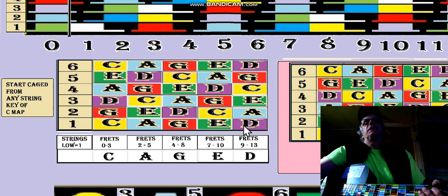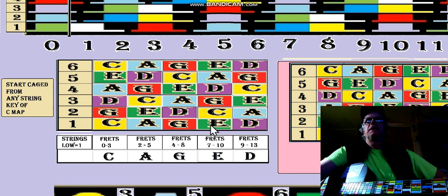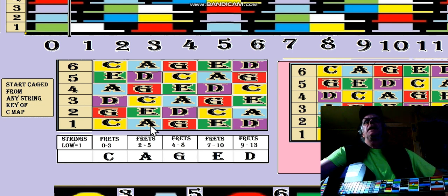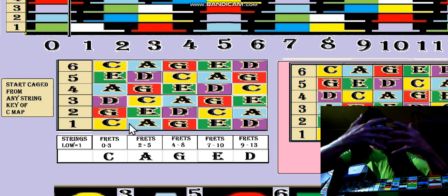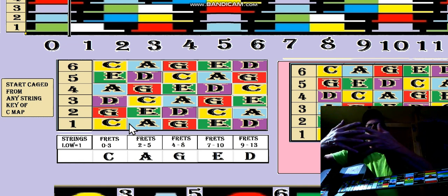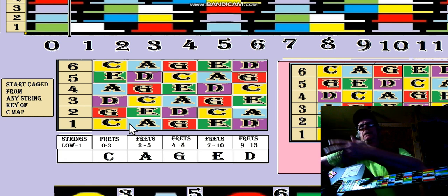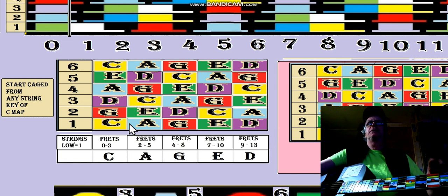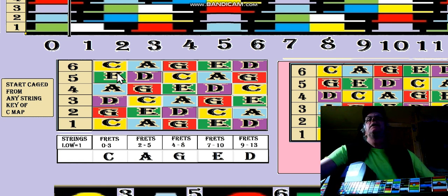The first string is interesting going horizontally, because as we just went through with the other diagram, C to A to G, they interweave. C interweaves with A interweaves with G interweaves with E, because they share notes. That's called interweaving. But going up and down, they don't